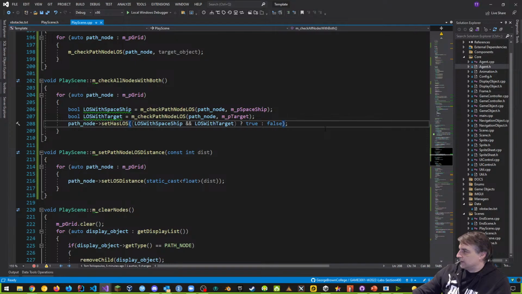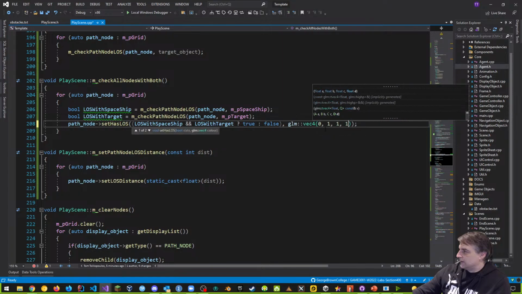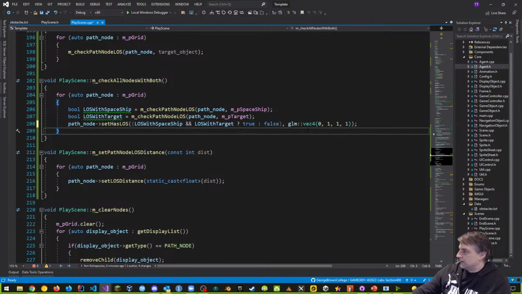So let's encapsulate this whole thing here. And then we'll say that this part is GLM vec4. There it is. This is the stuff we're missing, where we say that 8 will be a turquoise color. This is the turquoise color right here. RGB is turned on, R is turned off, and this is turned on.